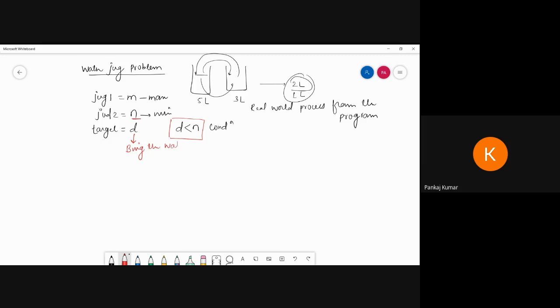So we calculate our targeted water, small d.